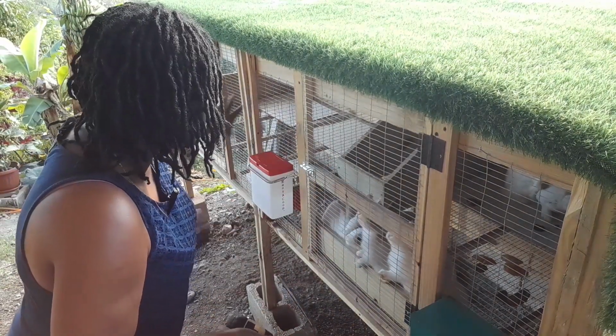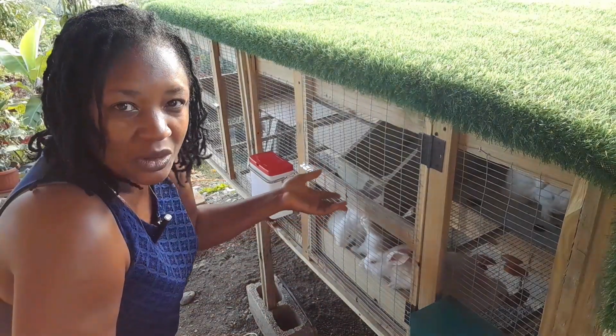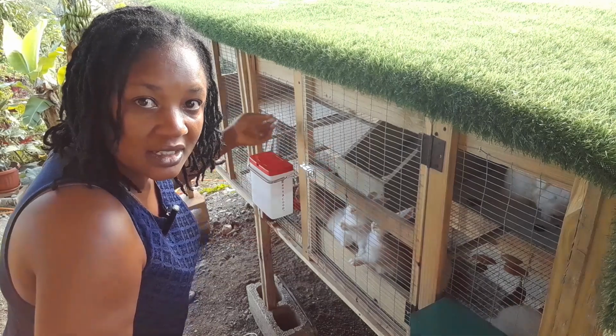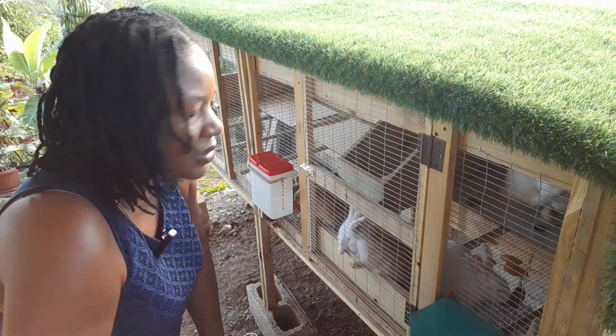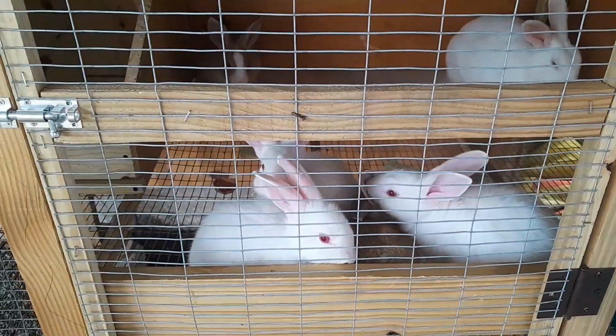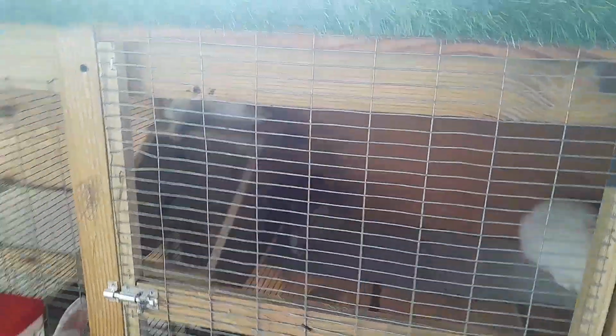And I plan to put babies on both sides. It's a growth hutch. So over here, I'm just housing mommy until she weans the babies. Boys will be on one side and girls on the other, bucks and does, because we don't want them to breed each other. Rabbits like to stand up on their hind legs, and so for the height,